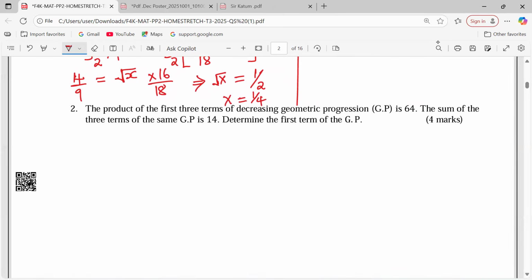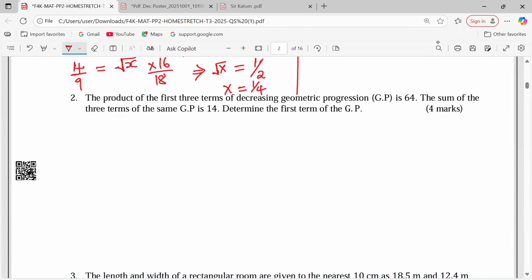At number 2, the product of the first 3 terms of a decreasing GP is 64. The sum of the 3 terms of the GP is 14. Determine the first term of the GP. It's good for you to know that